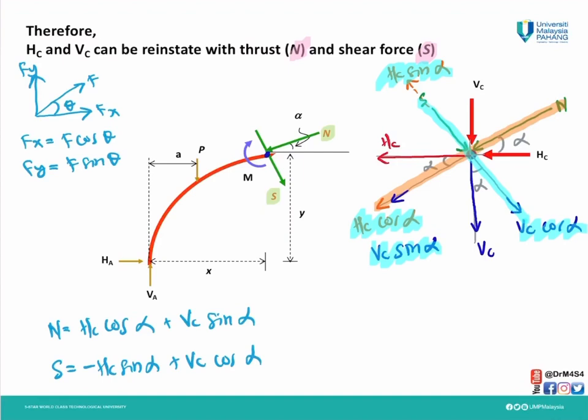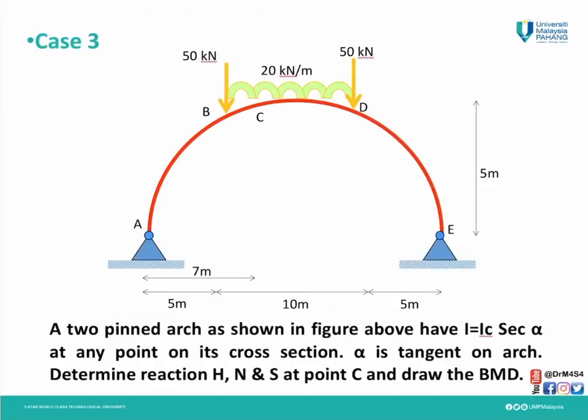So this is the formula for how we get it in our case. You have to remember this formula and how we derive it. And bear in mind, our alpha is dy/dx in radians. We're going to see the example in the next case. For case 3, we need to determine